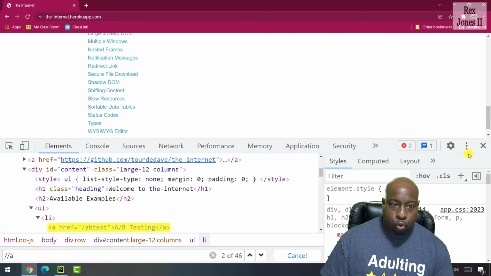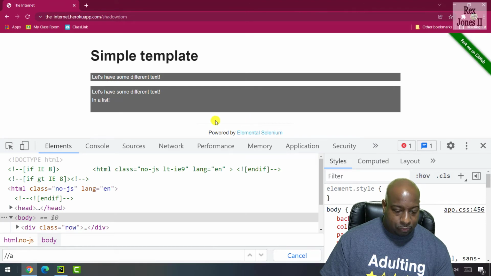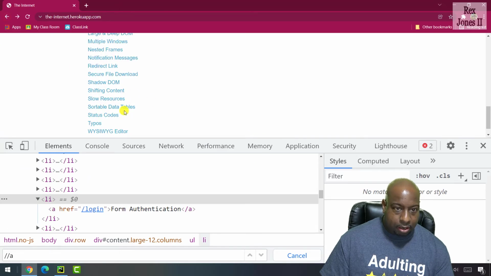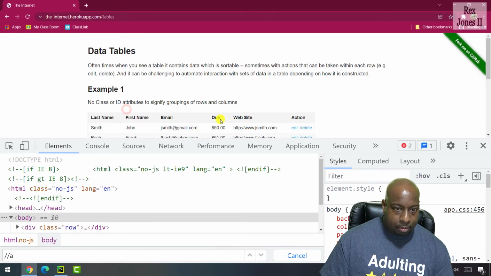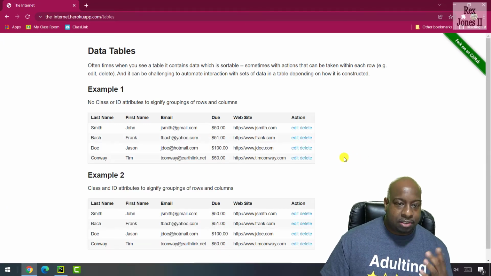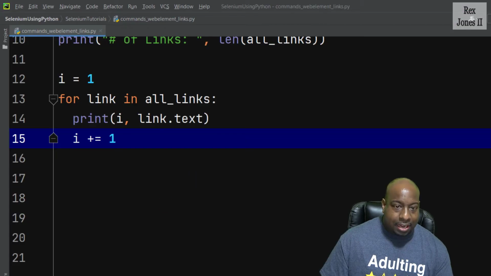Okay, so to walk through these steps, we're going to click the Shadow DOM. And we see this simple template page. Go back to the main page, and then we're going to click the sortable data tables, and we see 2 data table examples. All right, so in the IDE,